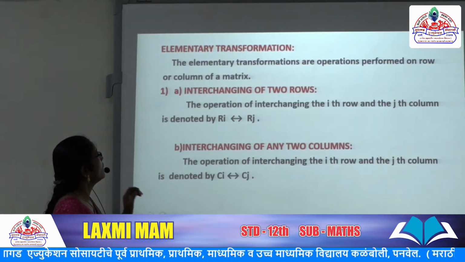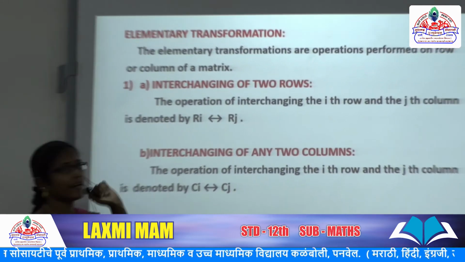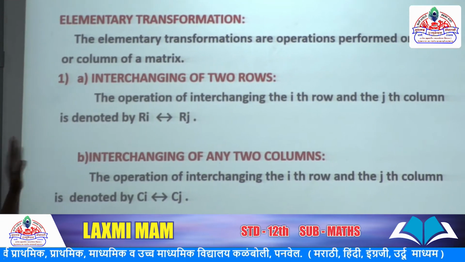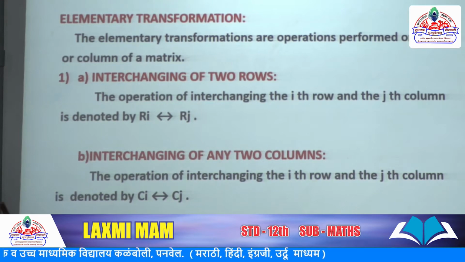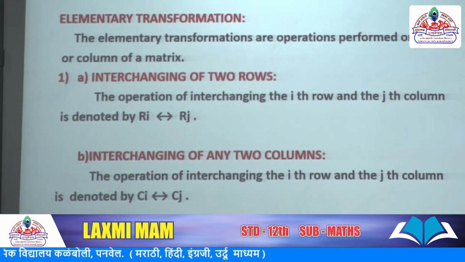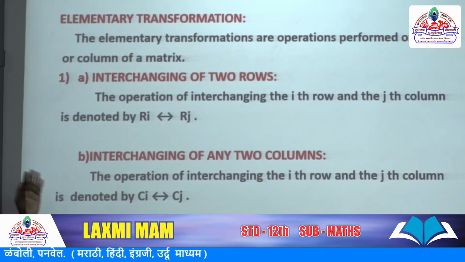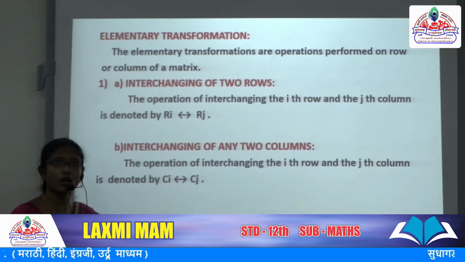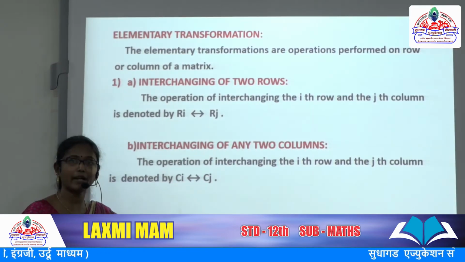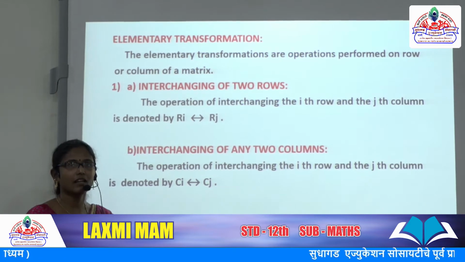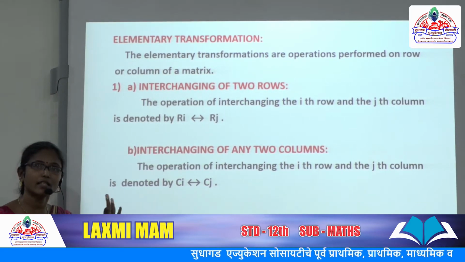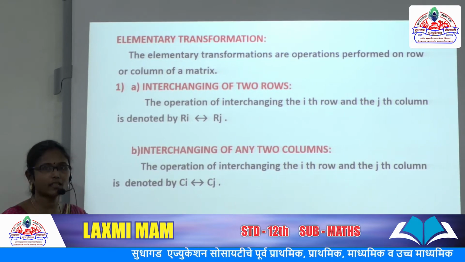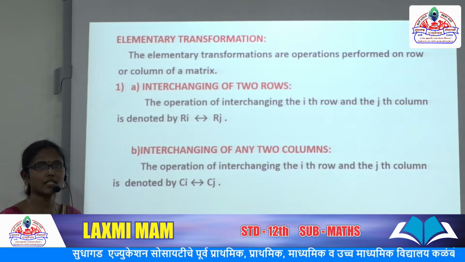Okay. Now see the heading. This is the chapter heading. First one, 2.1, elementary transformation. Now we have seen what a matrix is and what the types of matrices are, and while solving matrices we have to apply some basic conditions. Okay, we will use some basic conditions. 3 are for rows and 3 for columns. Okay, total 6 operations are used.